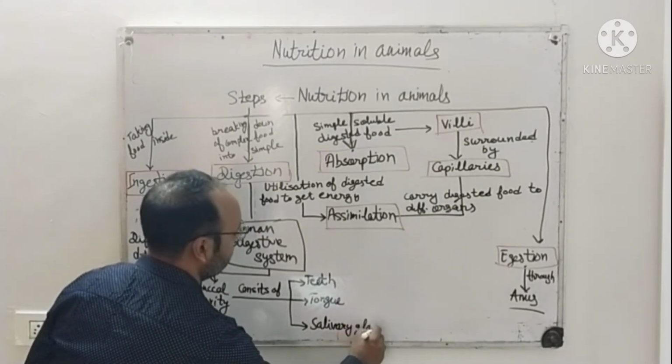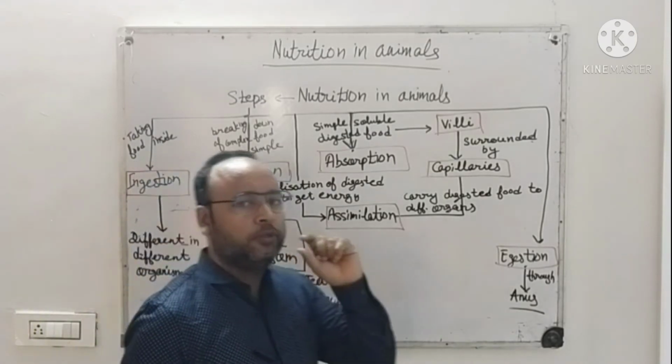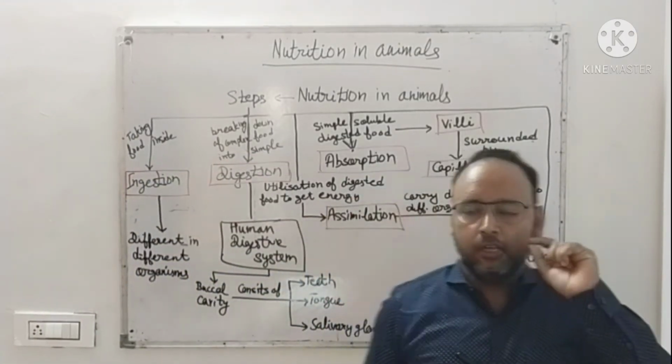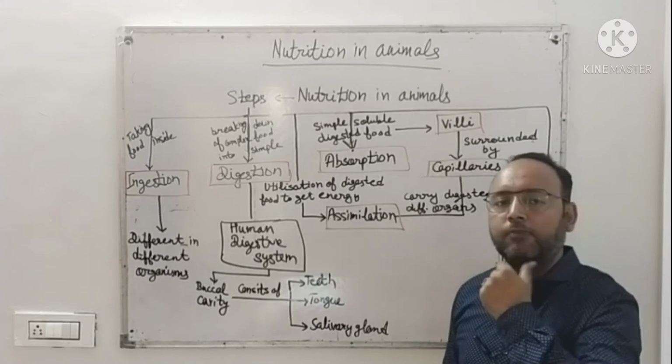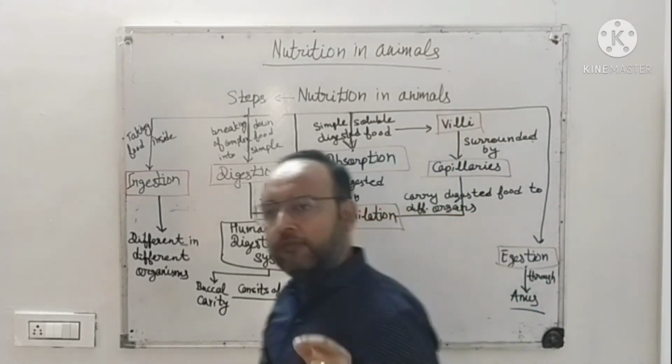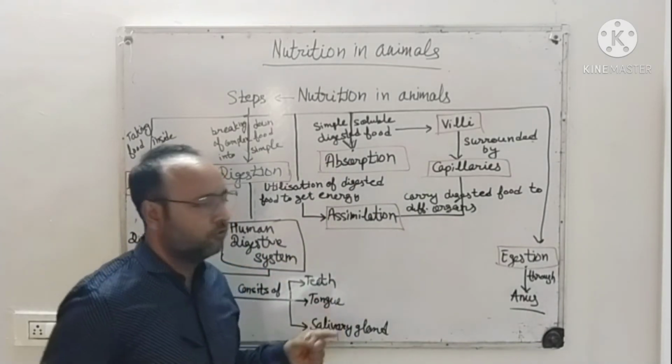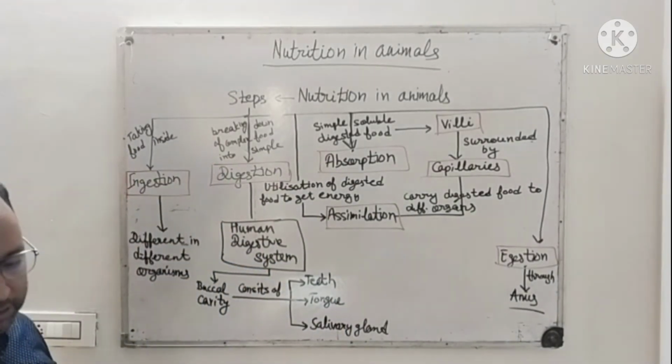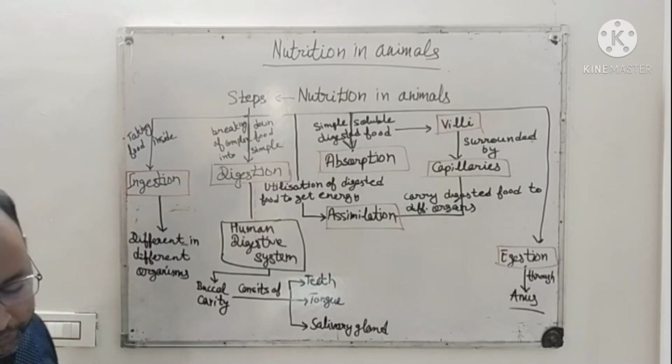Dear children, when we keep the food, we bite it and grind it with the help of teeth. We keep the food on the platform, that muscular organ, the tongue. And then there are the salivary glands, which release saliva, which softens the food and helps it to go further.